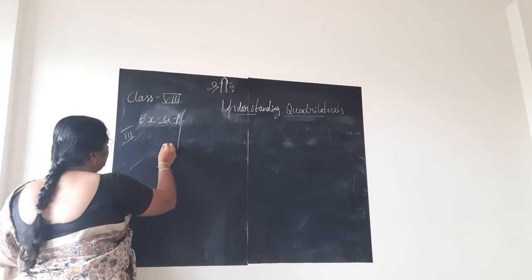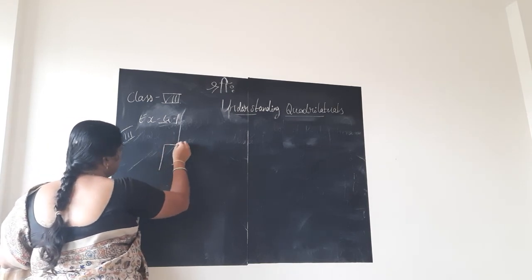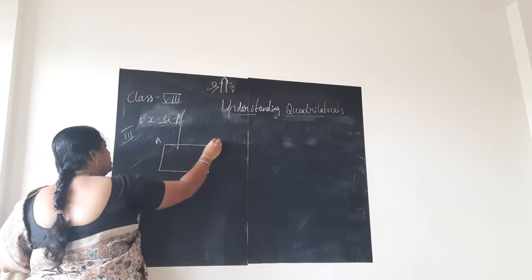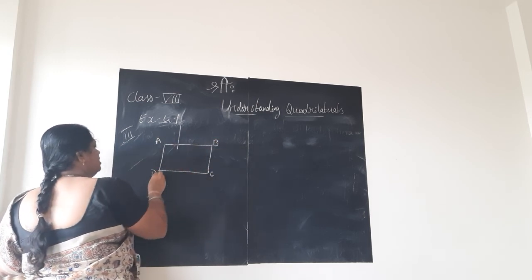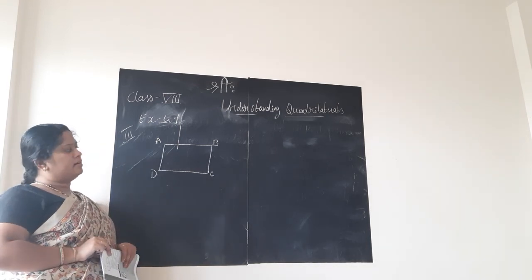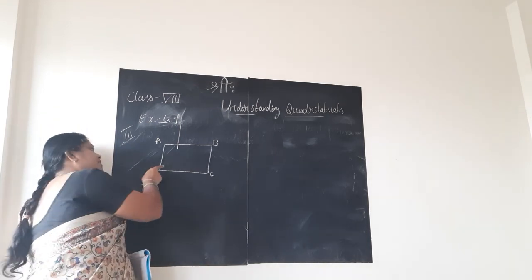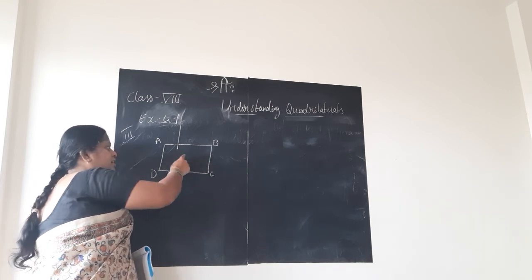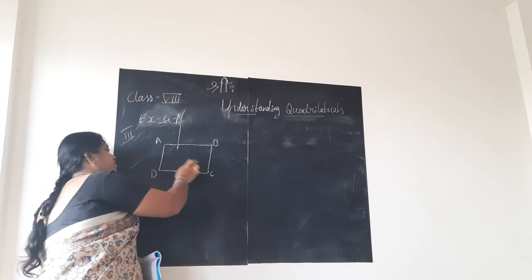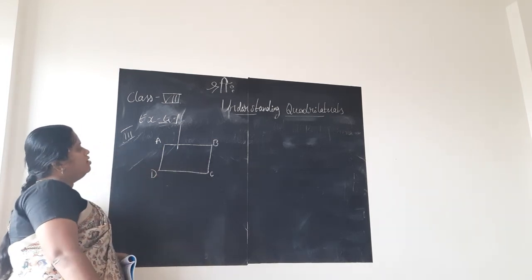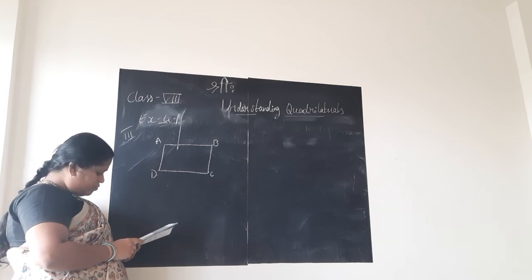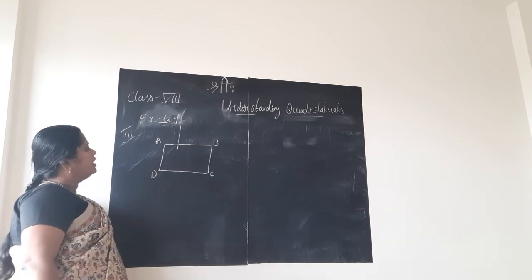So for that, let us draw a convex quadrilateral. That is a regular quadrilateral, means you can draw a polygon ABCD with 4 sides. This is the convex quadrilateral. Concave means one of the sides you take inside. If one of the sides goes inward, that becomes concave. So now ABCD is a quadrilateral.